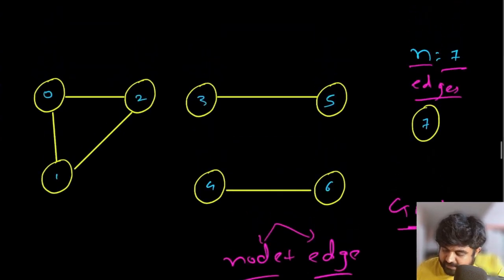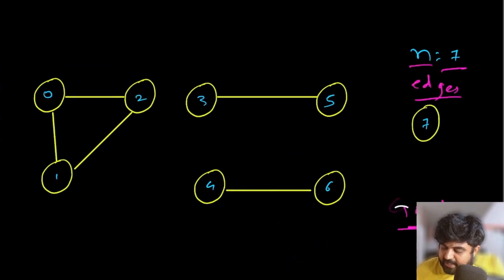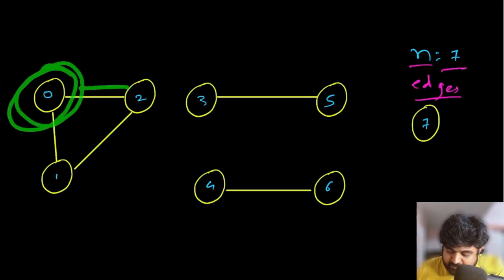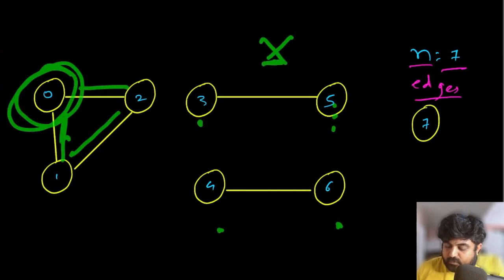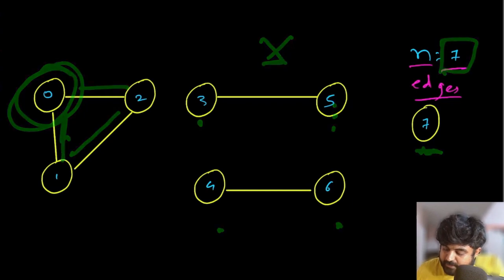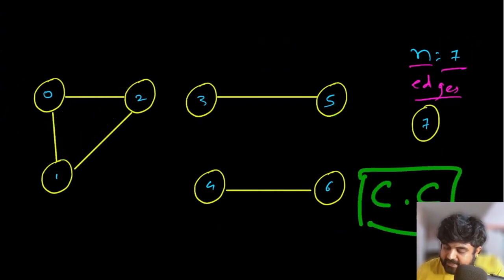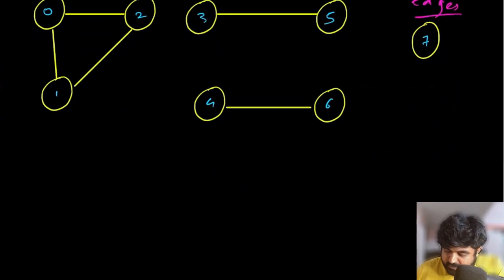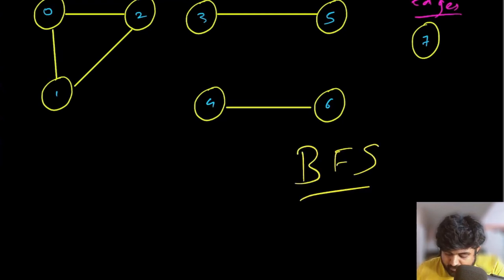Now the aim is to find connected components, which means from any single node, we will need to define how many other nodes that particular node is connected with. If we keep repeating the same process, and the moment we find the connected nodes, we eliminate all of those nodes, and repeat the process for all the 7 nodes that are given, we would be able to find the number of connected components quite easily. The technique we are going to use here is one of the most popular techniques in the entire coding industry, and that is called breadth first search.